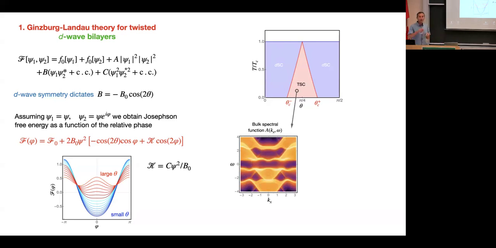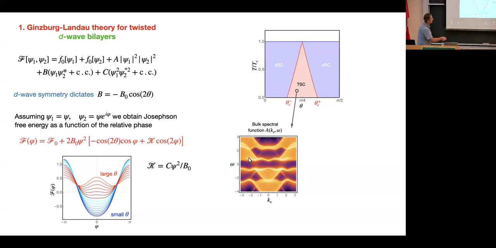Now, I mentioned this is a topological superconductor. How do we see that? One can write down a more microscopic theory, which I will not do here, calculate the Chern number, and find that it is non-zero. But more visually, one can look within this simple BCS microscopic theory at the spectral function. And what I'm doing here, I'm parking the parameters such that I'm in this time reversal symmetry broken phase. And I'm putting the system on a long strip. And this is the spectral function of electrons in the bulk of this strip, away from the edges.